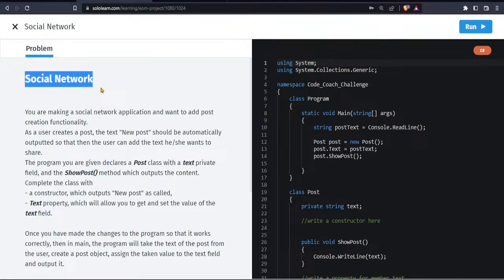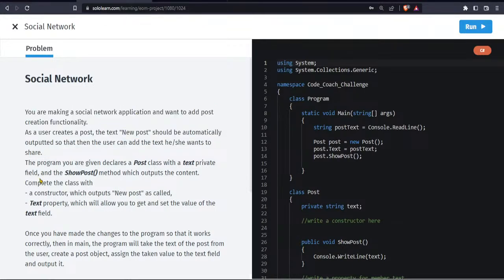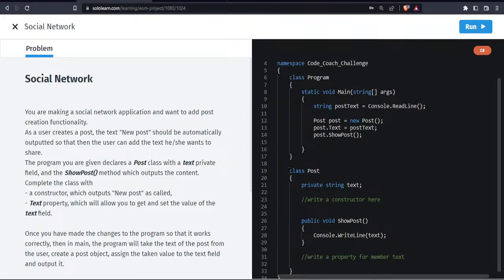Social network. Okay, here you just wanted to create a post and you will see the new post automatically. Okay, here, the program you are given declares a Post class with a text private field. Probably no, it has no constructor yet. And private text, and the ShowPost method which outputs the content. Complete the class below with a constructor which outputs new post as called text. So here,